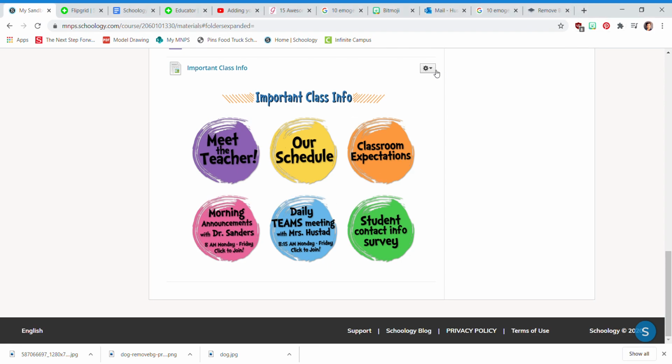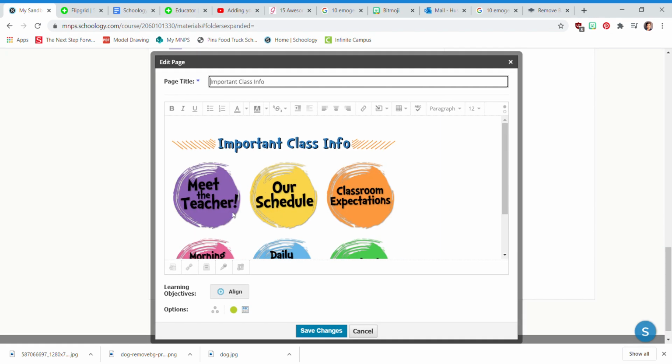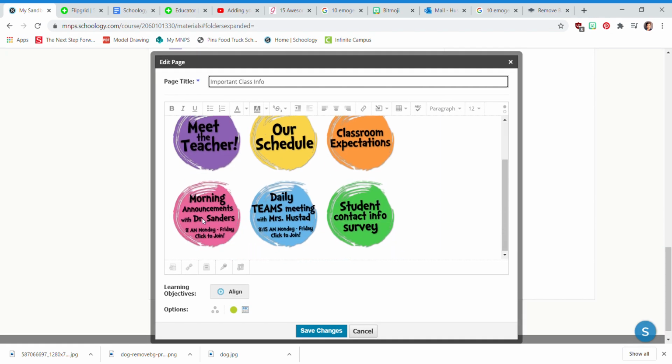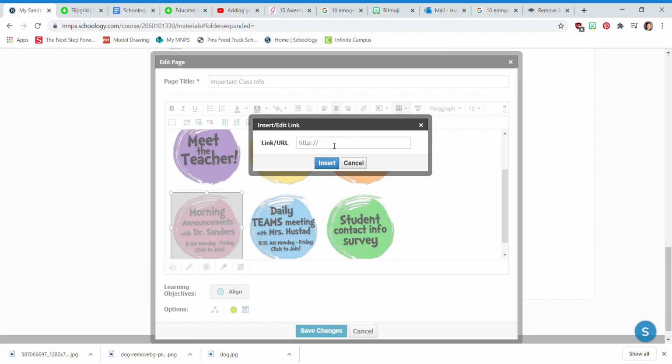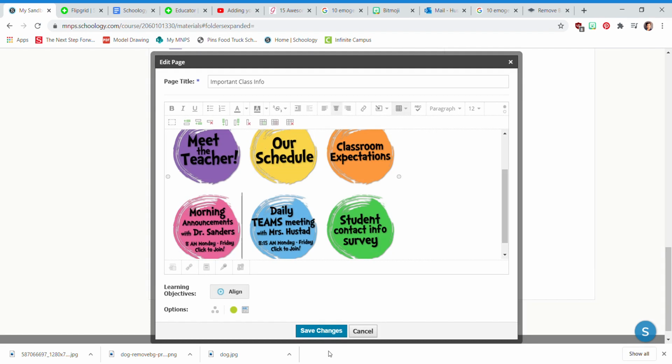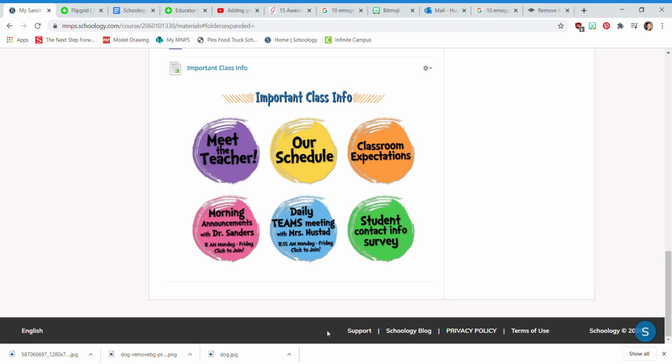And then you'll want to edit the post that has the buttons in it. And you'll go down, this is the morning announcements, and just select that picture, and then it's those little chain links right there. Click that and post that and save the changes. And now